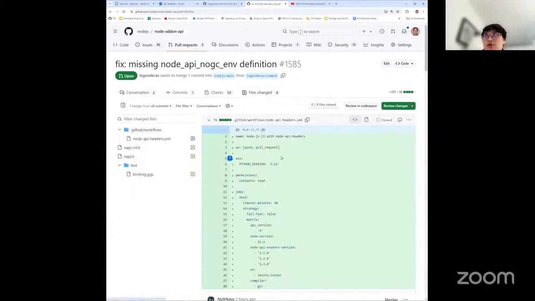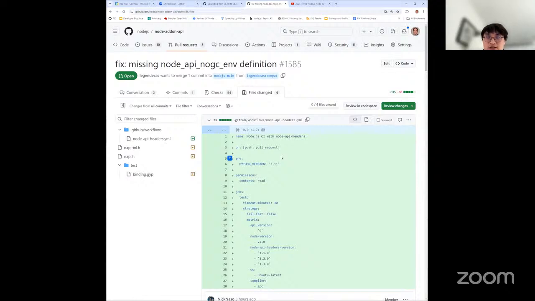I probably can answer your question on the issue, that can we test these undefined types in Node add-on API? I think the lucky thing is that we have the Node API headers package that snapshots every version of Node API headers, so that we can reliably install the Node API headers package and build Node add-on API against it. In that way, we don't have to build Node add-on API with every Node.js version, because that's a lot more versions to test. And we can just test Node add-on API with the Node API headers package, which